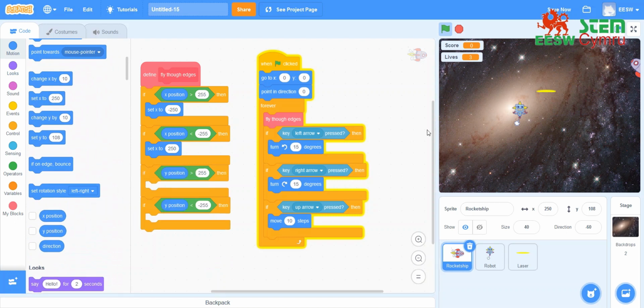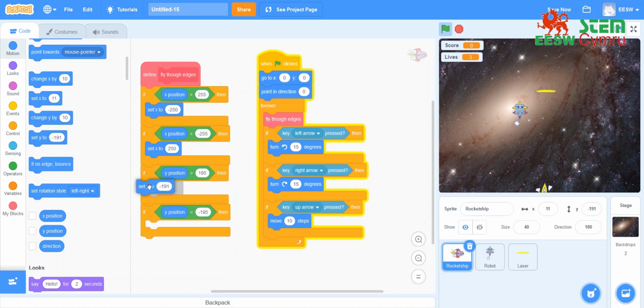Now the limits on the y-axis are a little bit different than the x axis. So the limit for y is positive 201 and negative 201. So let's say if the y position is greater than 195 or less than minus 195,